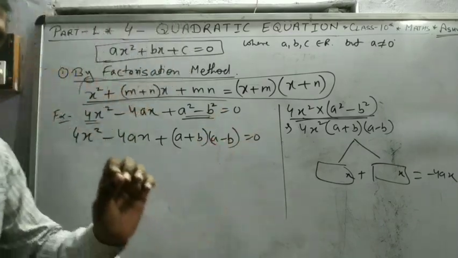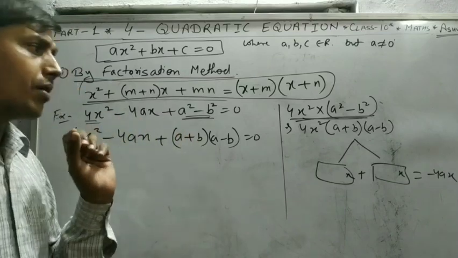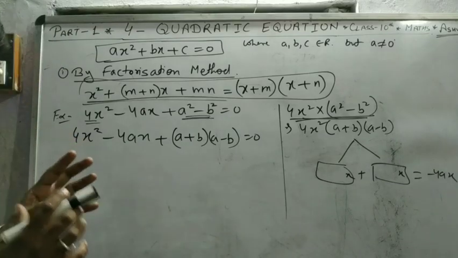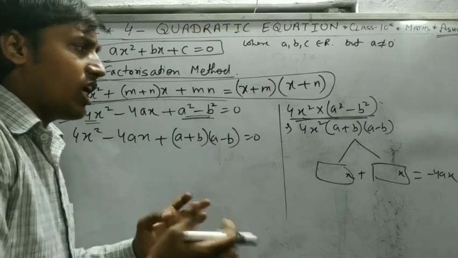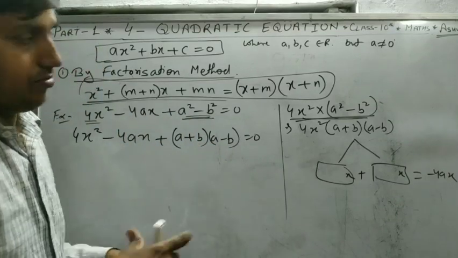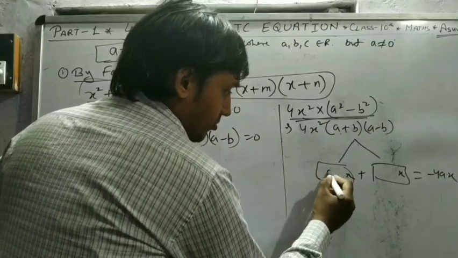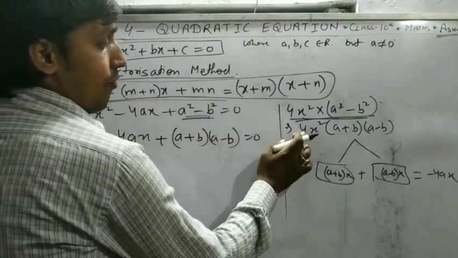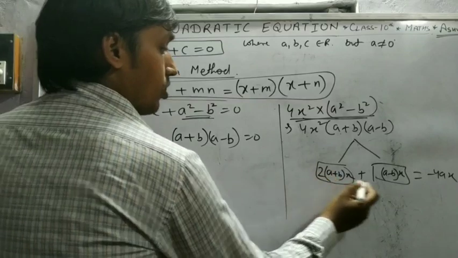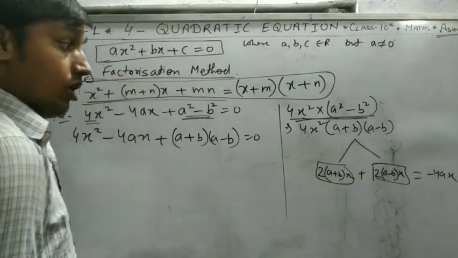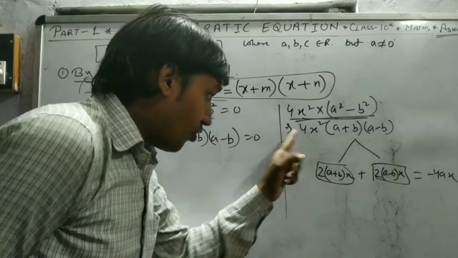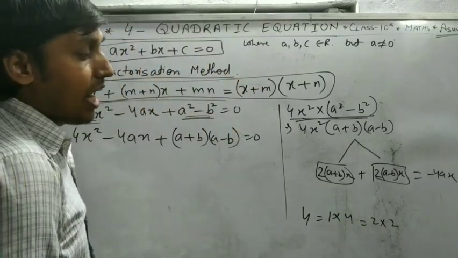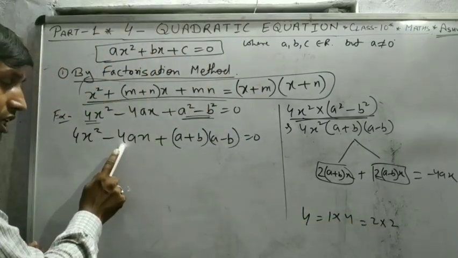Very simple method for these types of problems. Don't be confused, don't multiply anything. Think, only concentrate on the methodology of the question. This c also is divided into two parts, just like a plus b, a minus b. Then 4, we can split into 2 because here we have to use the mind. 4 we can write as 1 into 4, or 2 into 2. But why do we write 2? Because we want minus 4.